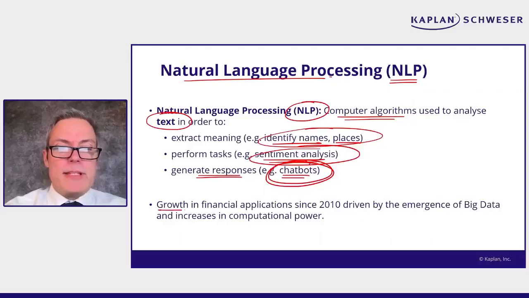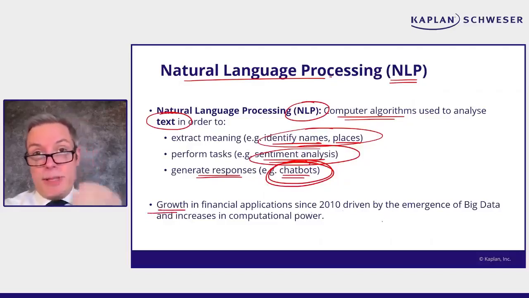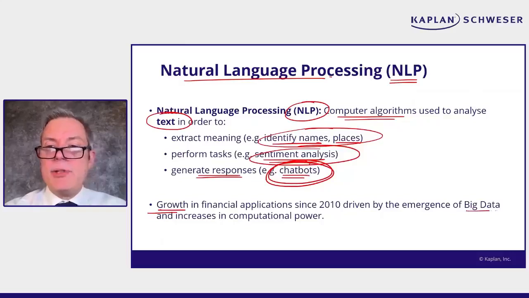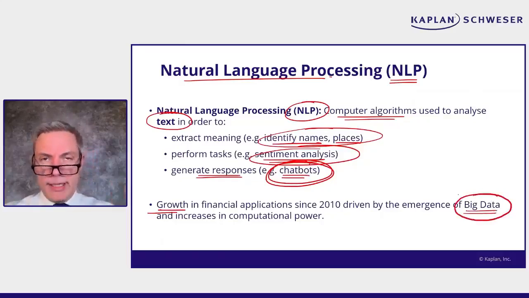The growth in these natural language processing models has been driven by the same things that have driven machine learning really over the last couple of decades, and that is the emergence of big data. Data everywhere from lots of different sources, us all going online and essentially ploughing data into machines which has been harvested and stored and used by central companies like the social media companies and the communication companies. So that big data is out there. It's out there from all sorts of different sources, different sources to what we had